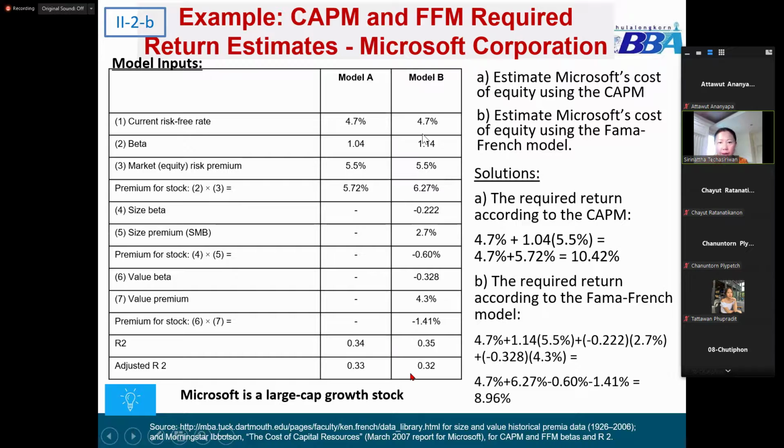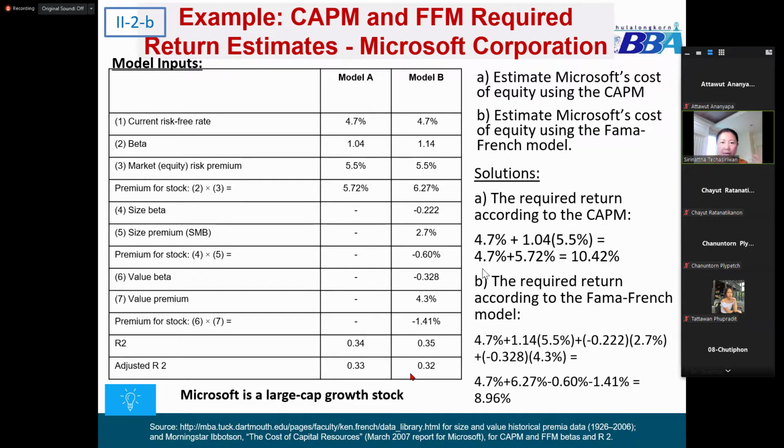Okay, so from this, they ask you to estimate. This is actually Microsoft. They asked you to estimate Microsoft's cost of equity using the CAPM and the cost of equity using Fama French. So to use CAPM, we look at model A to plug in the numbers. And based on Fama French, we look at model B and you plug in the numbers. So this is the first learning outcome: you must be able to use this input to plug into the appropriate model to estimate the required return. And the second learning outcome,